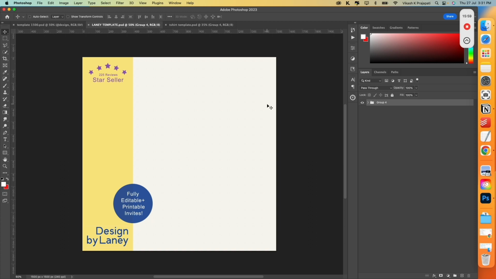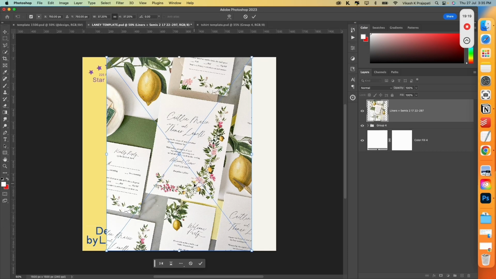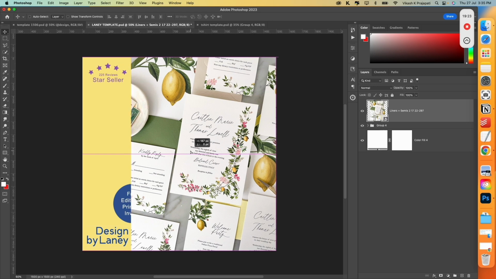This is another template that I created for this video. You can add different static elements that would add more value to your listings. In this case, I added the logo, then star seller, and some information, fully editable printable invites. You can add anything. Now to change the static template to a dynamic one, we'll add a smart object layer. So if you remember the steps, the first step is to grab one image and pull it to the center, drag it off the right,